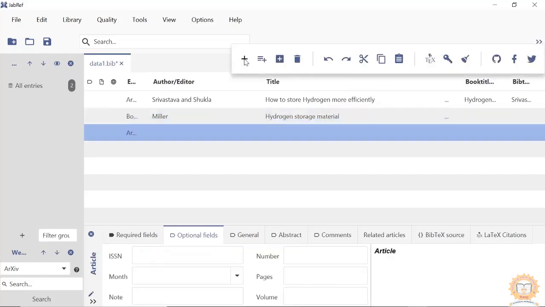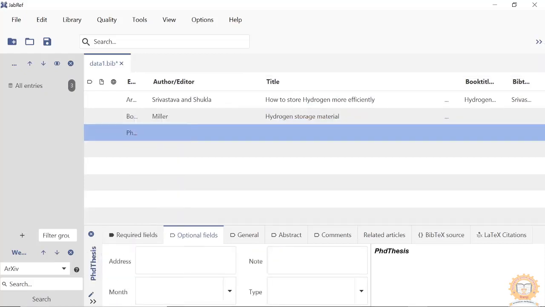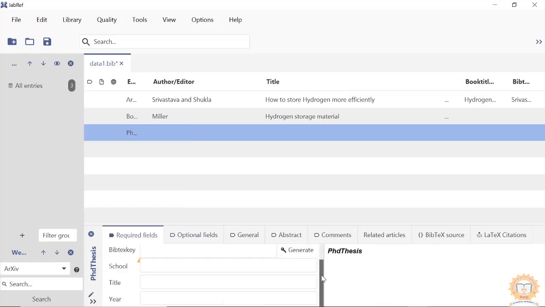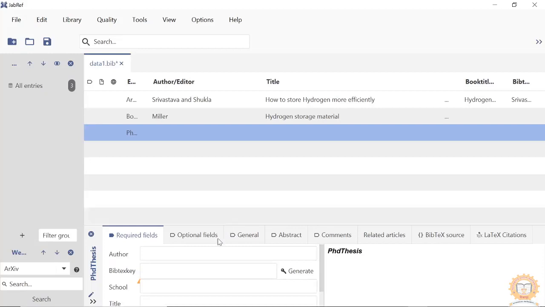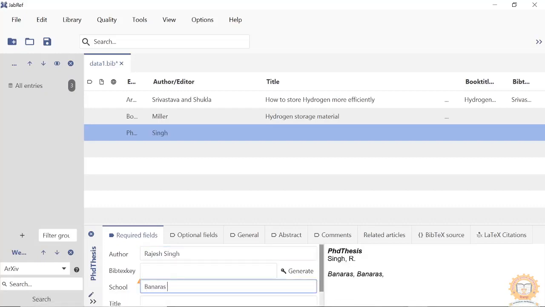So we will see another thing like PhD thesis. Okay. So the required field is author. There will be only one. School is Banaras Hindu University.